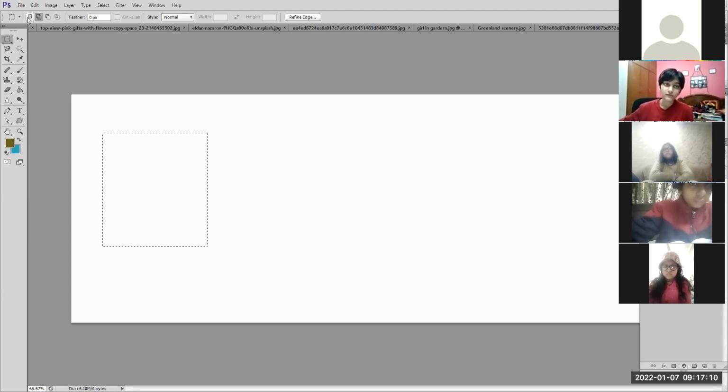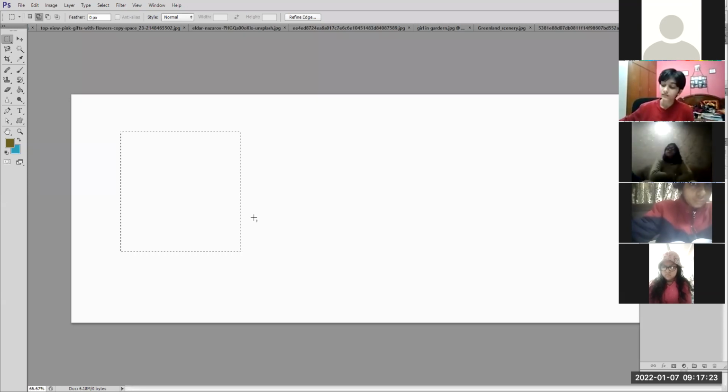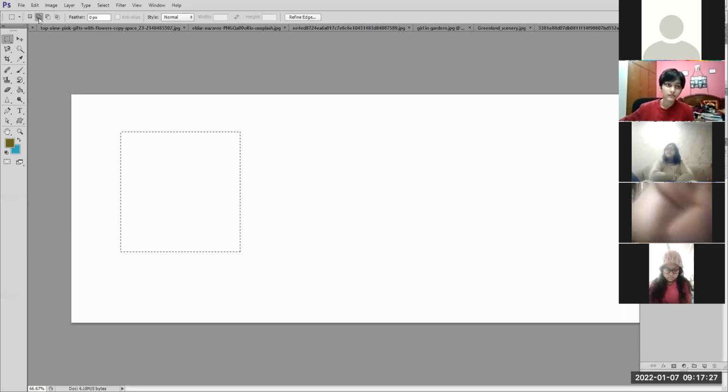Now I click on new selection. Now the simple selection tool is there. Okay? For add to selection, you can press the Shift key on the keyboard. Pay attention to the option bar. The add to selection option is selected. A plus sign comes with the pointer because I have pressed my Shift key.